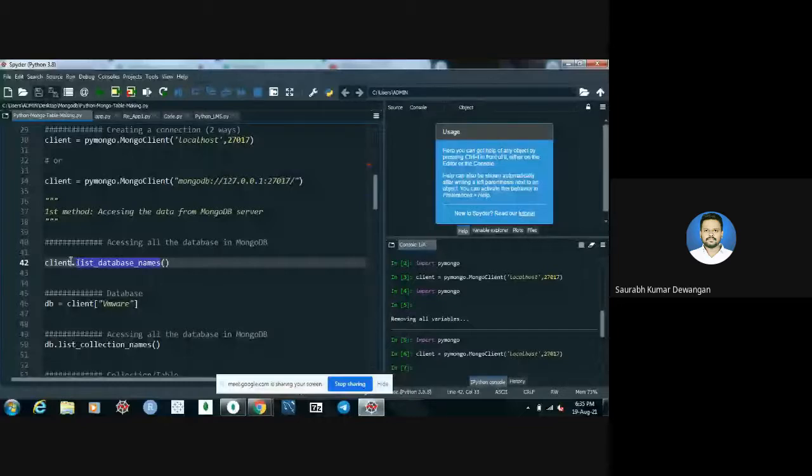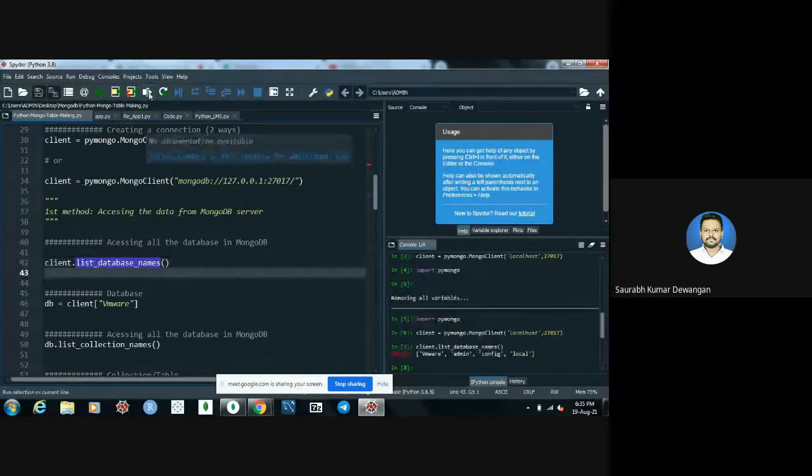And client is the variable in which we have stored the connection, right? We saw it in lines 34 and 30. Let me run this line, and in the console window you can see VMware, admin, config and local are the databases present in the MongoDB server.